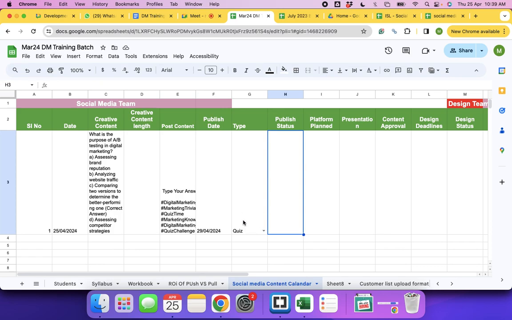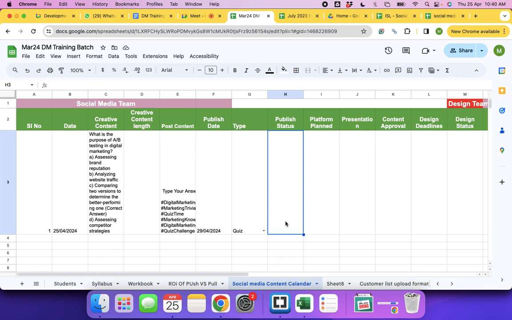So in that case, the categories will be recipe, review content, making process, right? Or maybe the product feedback or product packaging kind of videos, correct? Or health benefits or nutritional value. These are the different kinds or types of content that can be produced, and you can mark it accordingly based on your business. Publish status.